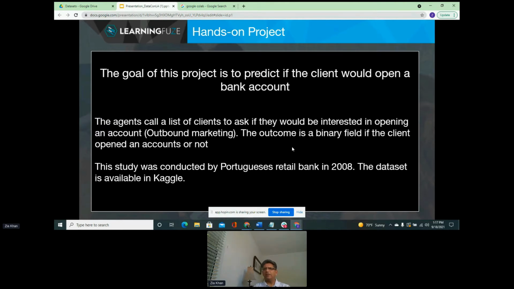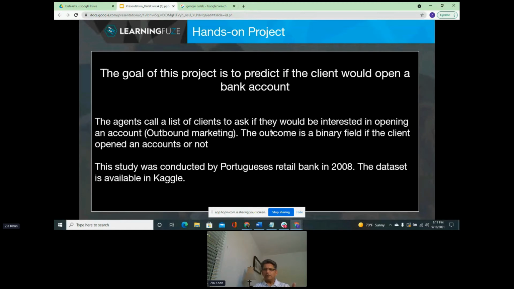So those are some of the steps that we are going to follow. But again, the goal of the project is, using the data from marketing campaigns, are we able to build an algorithm that will tell us which person or which prospect has a higher chance of becoming a customer, and then the bank can focus on those people instead of focusing on everybody and losing out on those people. So our goal today is to build a model like that.